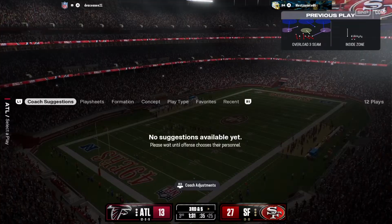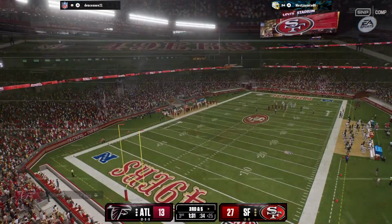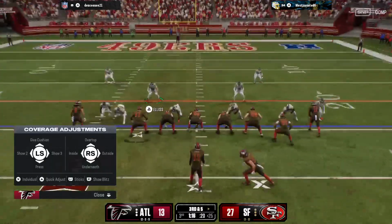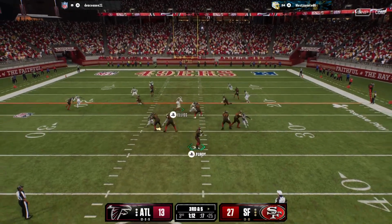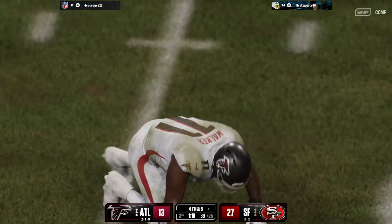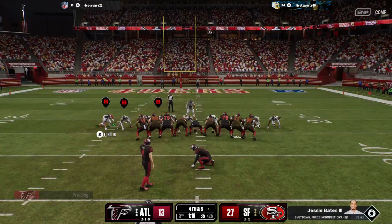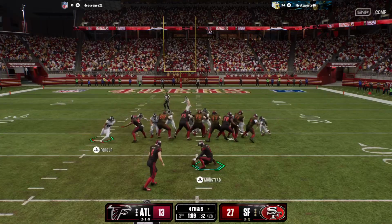This just shows why you can't count on just one guy to take him down. He's a powerful enough runner. You've got to have guys coming in support when that first hit is made. It takes a team effort to stop him, especially once he gets going. 3rd and short. Purdy. And that is incomplete. I think he predetermined that third down throw, and even though the coverage was tight, he still tried to fit the ball in there anyway, and it ended up falling incomplete. I think if he goes through his...